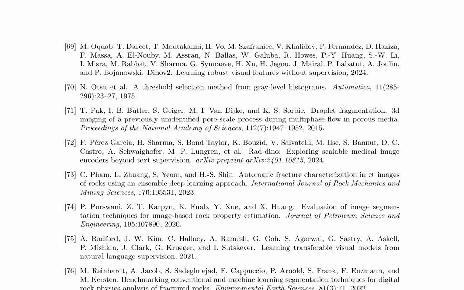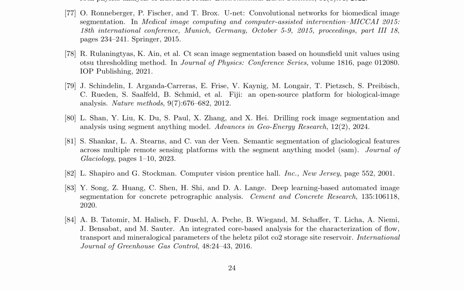in rock images. The CNN model is trained on a dataset of high-resolution images of fractured rocks, annotated with precise segmentations of the rock microstructure. The network learns to identify and classify different features, such as fractures, pores, and grain boundaries, based on their texture, shape, and spatial relationships. The results demonstrate that the proposed method achieves high accuracy in segmenting fractured rock images, outperforming